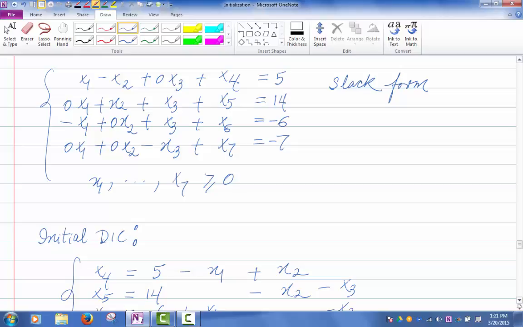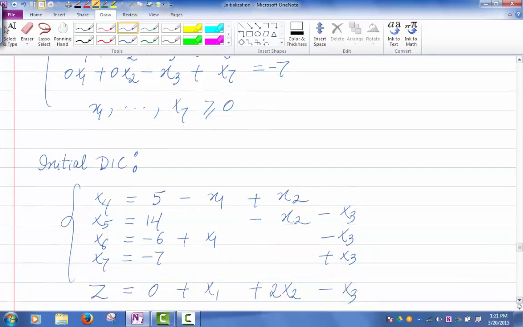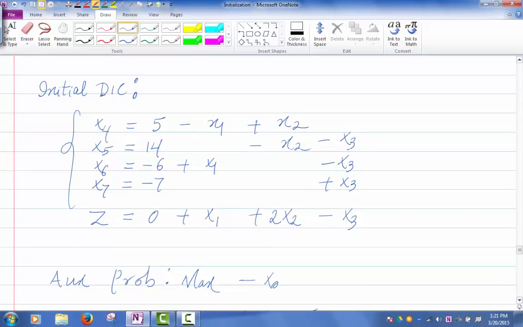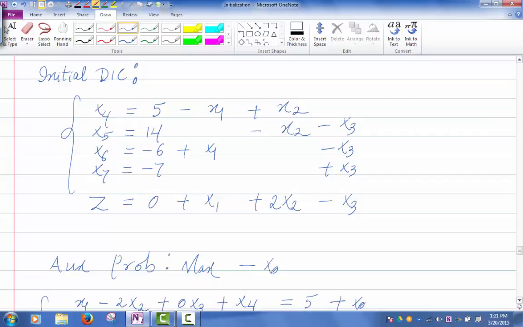Once I have the slack form, I'm going to be solving for the slack variables, and if I do that, I am going to get the initial dictionary, and the initial dictionary will be infeasible, right? The initial dictionary is this one. So once my initial dictionary is infeasible, then what is my trick? My trick is to turn to the auxiliary problem. So we're going to set up the auxiliary problem. How do I set up the auxiliary problem? Well, the objective function for the auxiliary problem would be maximizing negative x0,